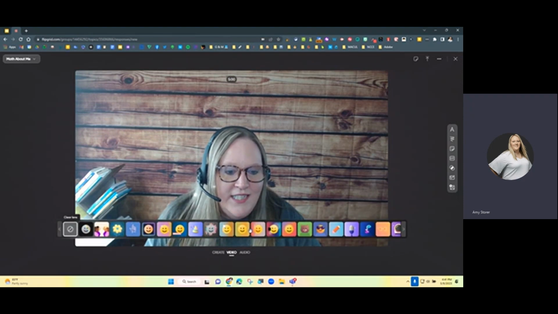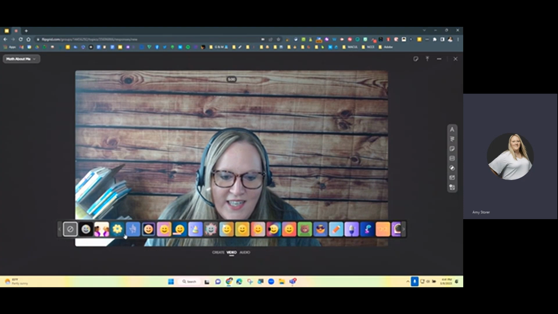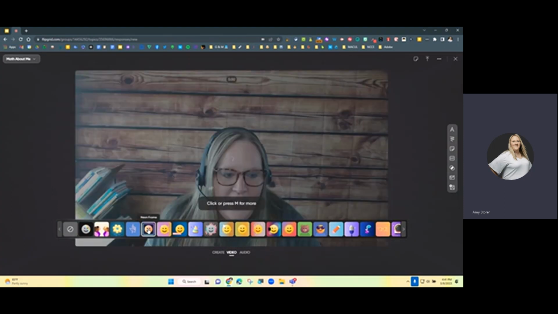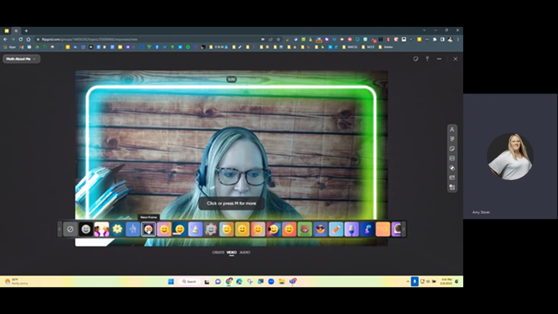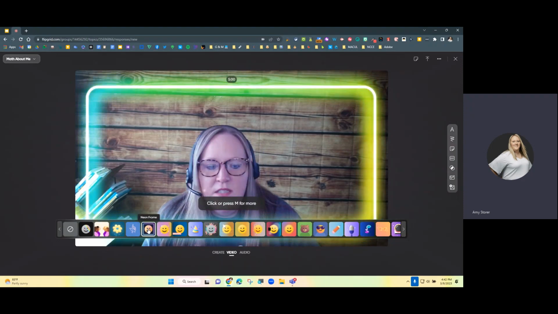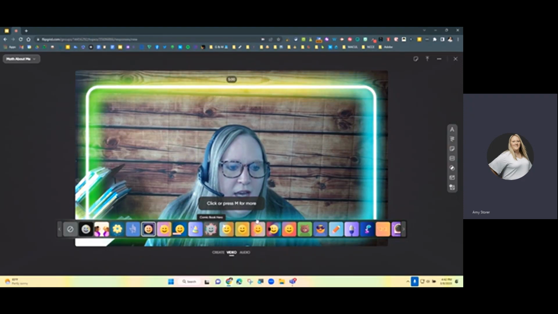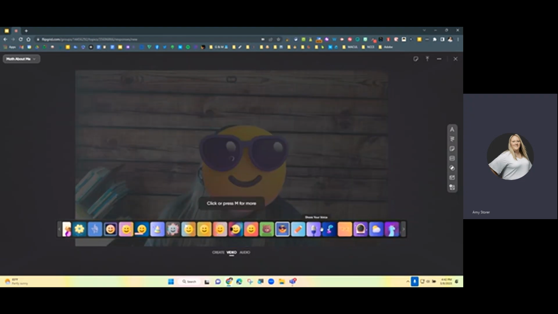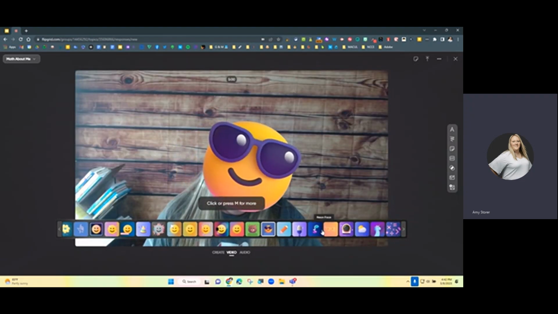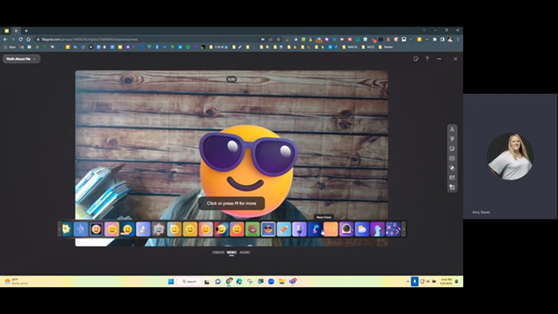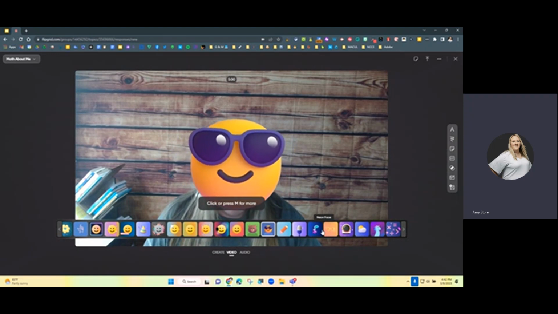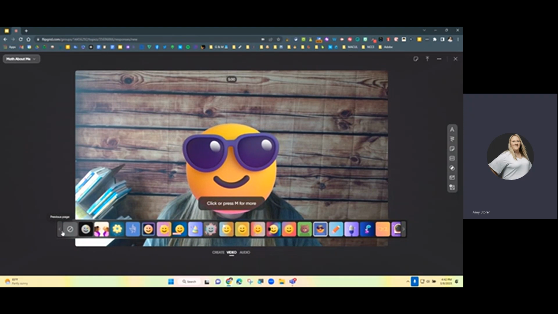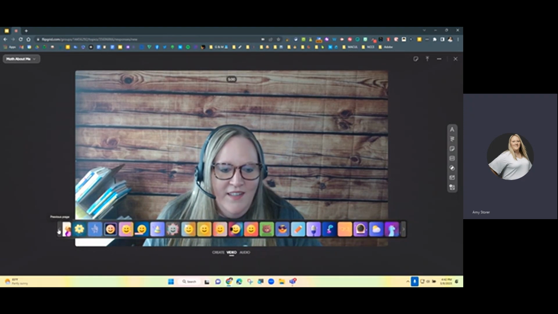And then lens, let's see if this works. Okay. What it's supposed to do, I don't see a, oh, that's just the frame. Okay. I thought something was going to cover my face, but oh, there we go. So if you choose something like this and you keep moving, guess what? Your students can keep talking and sharing, but something's covering their face. So it's another built-in feature that allows students to be more comfortable while on camera. Love it.